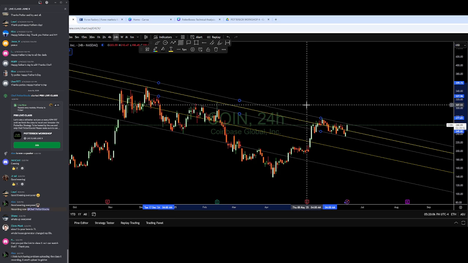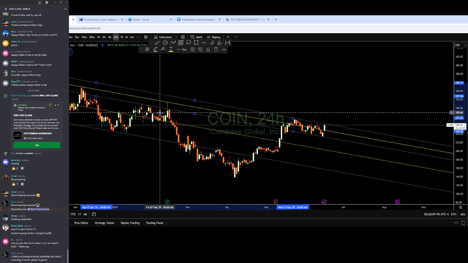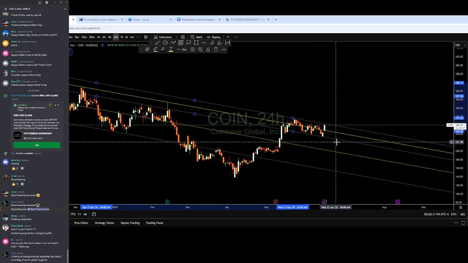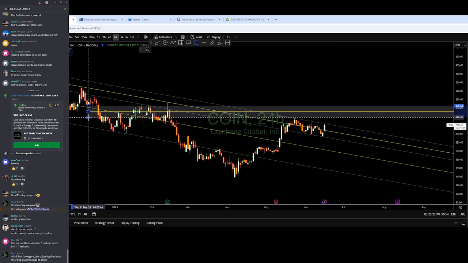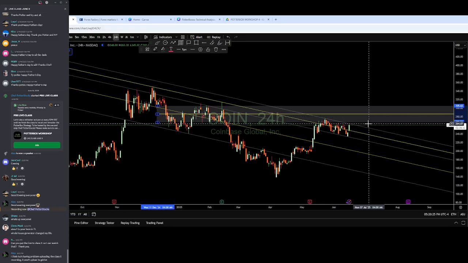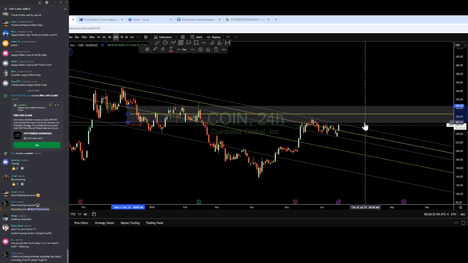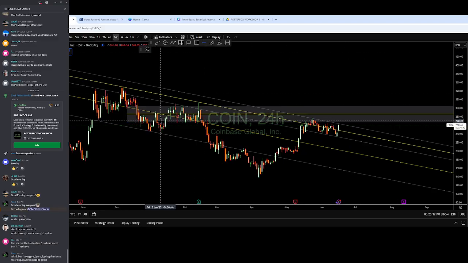This is a way that channels could be utilized. Say you've already broken your downtrend. A lot of the times people think that the downtrend is the signal to the upside. However, I have seen this continuously, where it's the horizontal level that has to be what actually breaks. And this is a good example of that. So if we were to break this downtrend, that would be by actually grabbing hold of the floor.